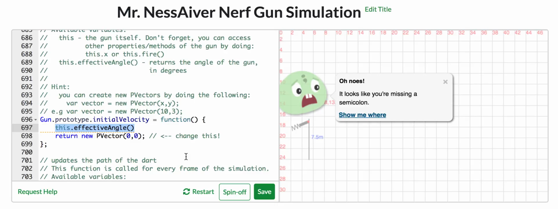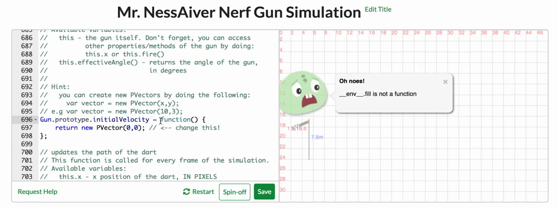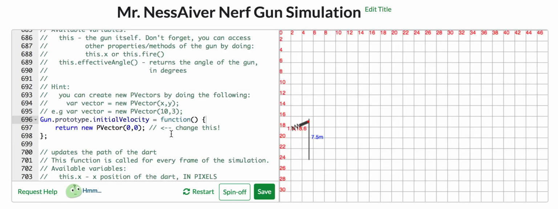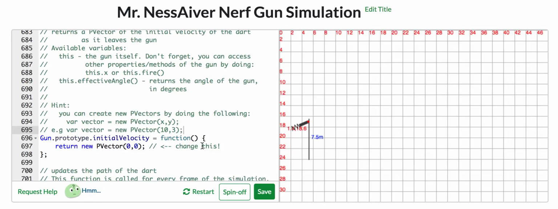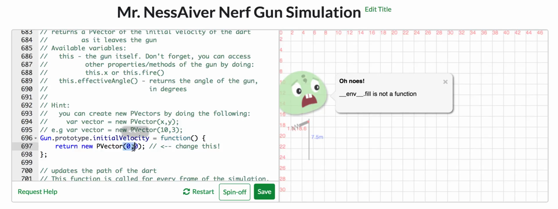So if you combine the effective angle and the speed, you should be able to calculate the x and y components of the vector that you need to return. Remember, the speed would be the hypotenuse, and the x would be the width, and the y would be the height of that vector. So using some trigonometry, you should be able to calculate the x component and the y